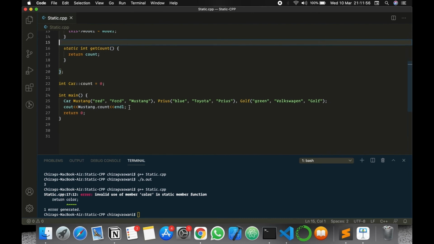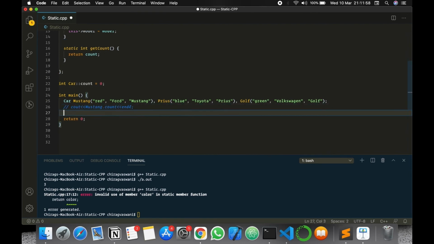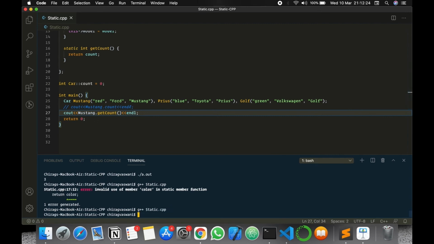So what we'll do now is we'll comment this out, and we'll write another print statement in which we are trying to call that method. And let's say we do that first using the object. Let's say Mustang is an object which is made using the Car class, and we'll give the getCount function a call, and we'll just add an extra line. Let's just try and run it now. If we compile it once,